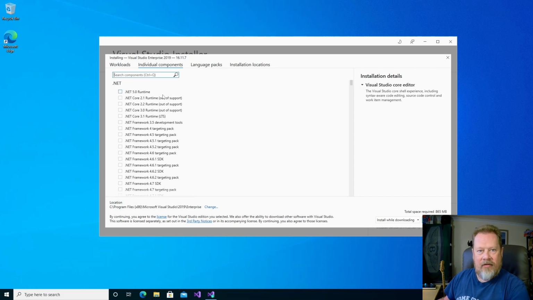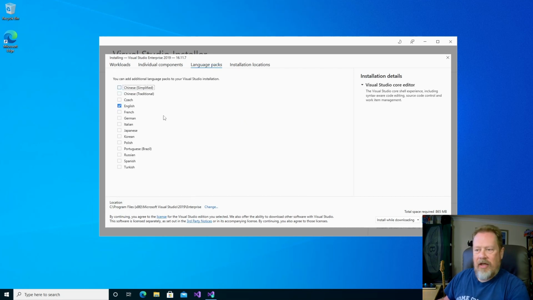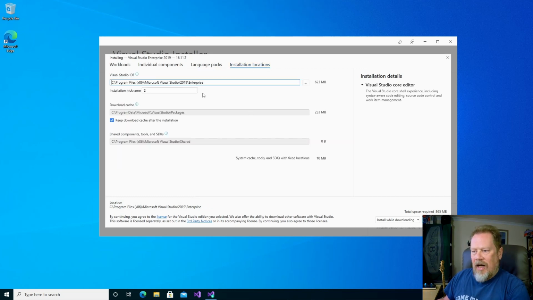There's a really easy way to fix that, to basically copy your settings from your other installation. So leave that. Language packs, change it if you need to. The important thing is installation locations. So go to installation locations. And you can see here we've got Visual Studio 2019 Enterprise. So what I'm going to do, because this is a second install, I'm going to just rename this to be install